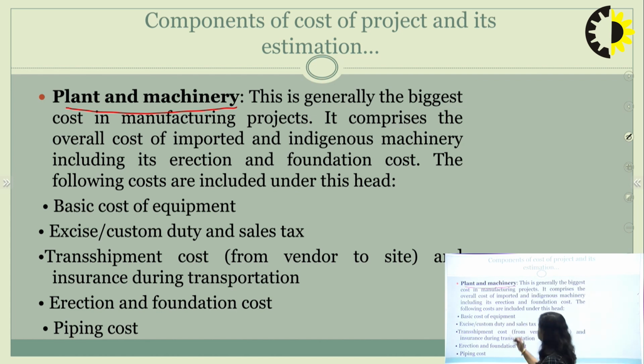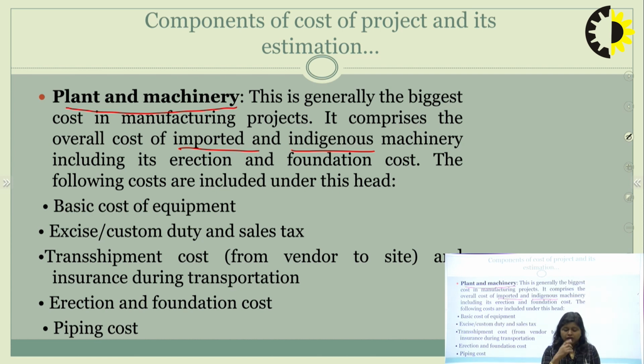See, here two words are involved, imported and indigenous. Many students don't know the meaning of indigenous. Okay, imported machinery means the machinery which we actually purchase from outside of India. So they are imported to our country, and they come under the category of imported machinery. Indigenous machinery means the machinery that is actually made or built within the country. So we need not import those machines.